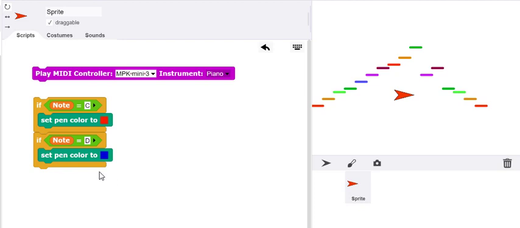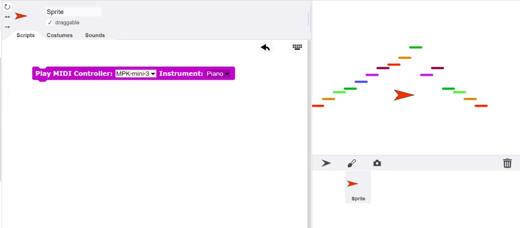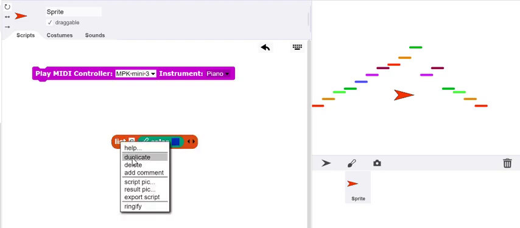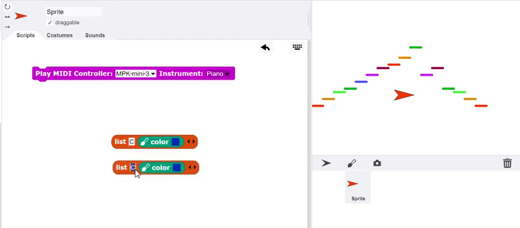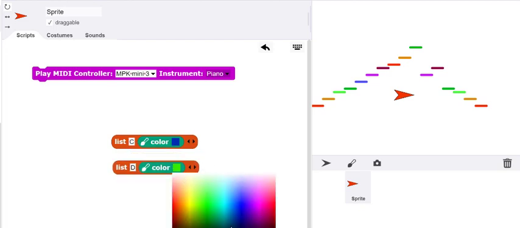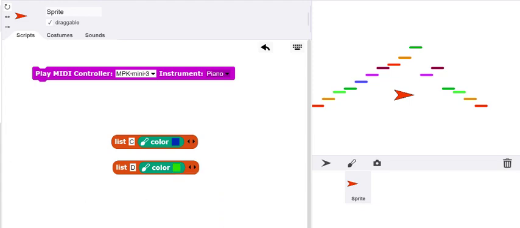So there are a couple of other ways that this might be done as well. One way would be to use lists. And so, for example, I could set up a list and say that C is associated with the color blue, and this color block that I'm using is in the Colors and Crayons library, so that library would have to be loaded to access this block. And then duplicate this and then say D is associated with a different color, and put those in a list